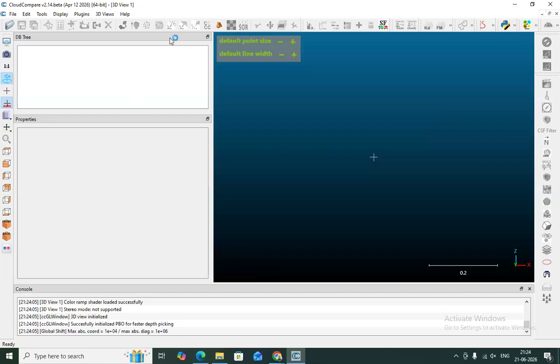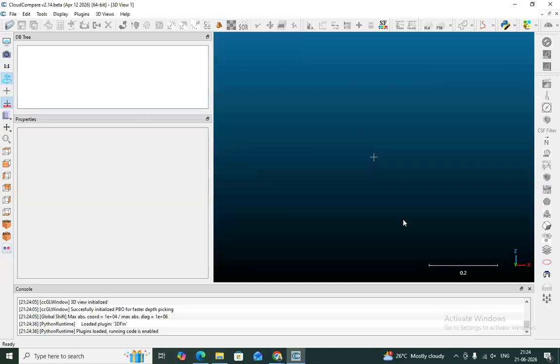This software is specifically built for processing point cloud data and correcting it, removing noise, filtering, and producing raster from point cloud data. And point cloud data is not only LiDAR data, but also photogrammetry. For photogrammetry, we also use this software for editing and modifying the point clouds.